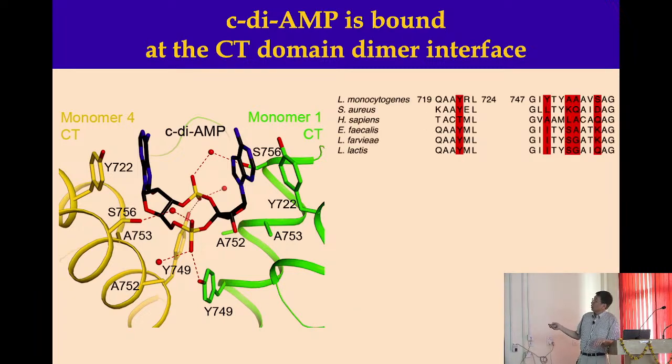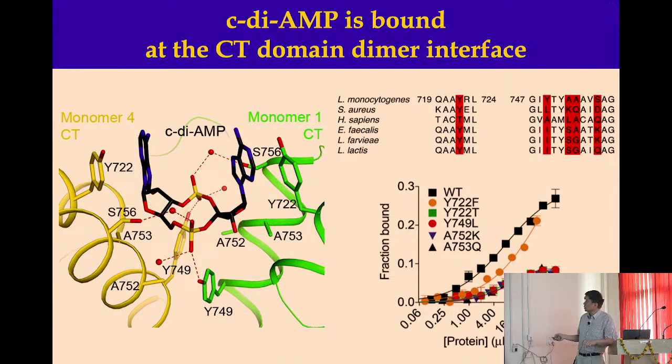So the Listeria enzyme is inhibited by cyclic AMP. The human enzyme is not. So the question is, how does that work? If you look at it, the tyrosine that stacks against the adenine is a threonine in the human enzyme, so the pi stacking is gone. And you can also see there are other changes in other residues, which are highlighted red here. I think you have that slide. So you can see many differences between the different species. The E. faecalis has a tyrosine, but then the two alanines are changed as well, and the serines changed to a lysine.